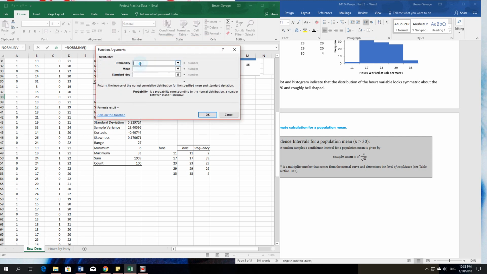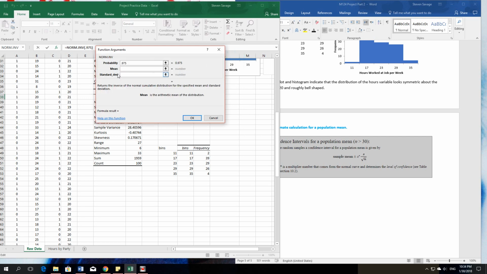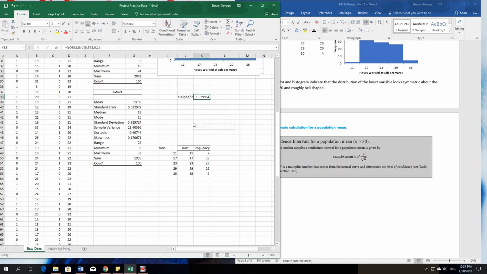So the probability to the left of our z-value is 0.975. That puts 0.025 in the upper tail. The mean, oh, whoopsies, I didn't want to do that. The mean, it's the standard normal, so the mean is 0, and the standard deviation is 1. So there's the z-value. So the z-value is here, the mean is here, the standard deviation is here, so we're ready to